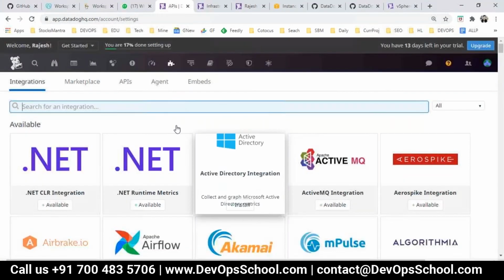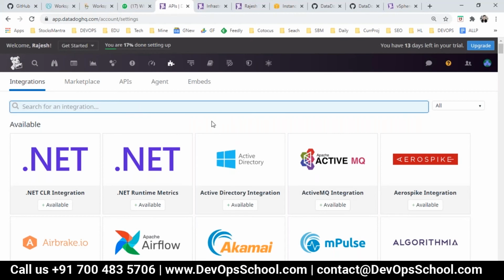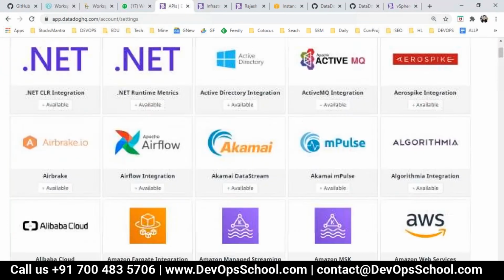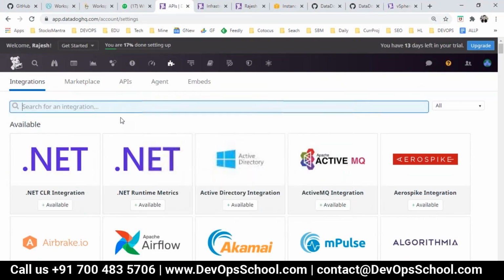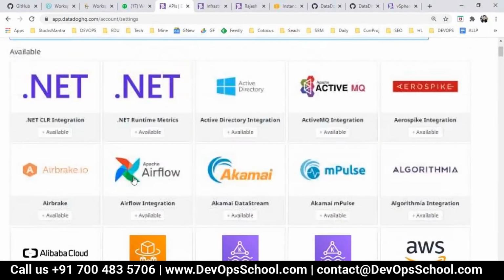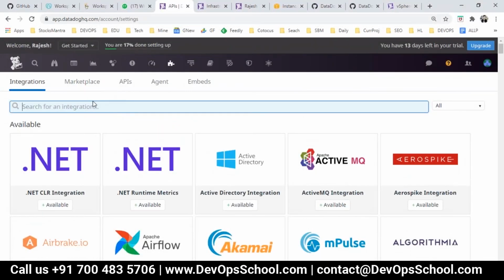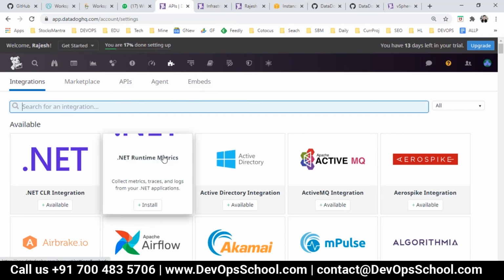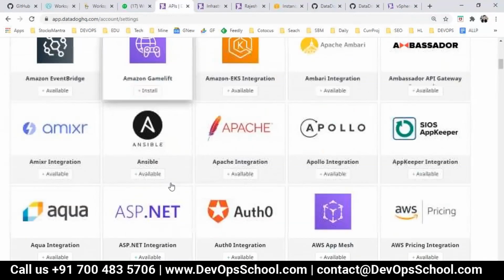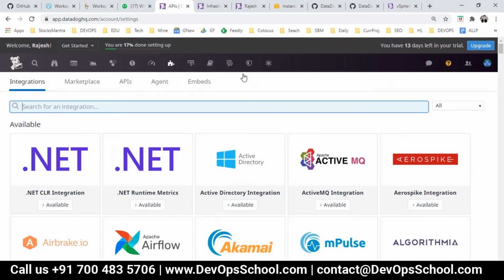So yeah, this is the overview of Datadog, and the one screen which you are seeing right now is integrations here. There's a list of integrations which are available, and you can install more integrations. Again, remember that I said integrations you can install through the agent, APIs, and all stuff. You can embed some of the integrations as well. So these are all the integrations available. We will install them one by one and see how it goes.